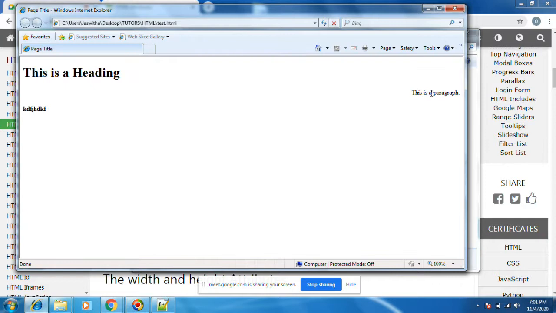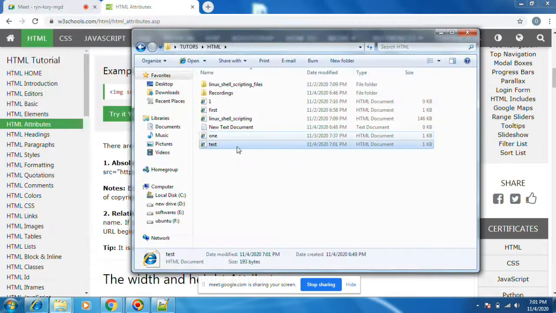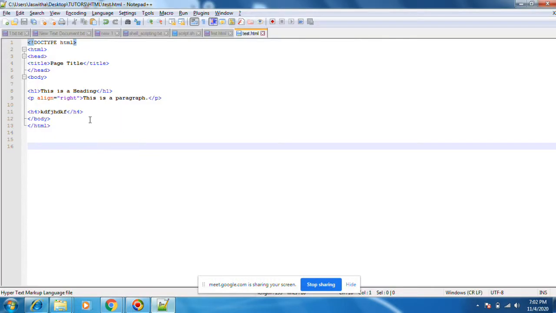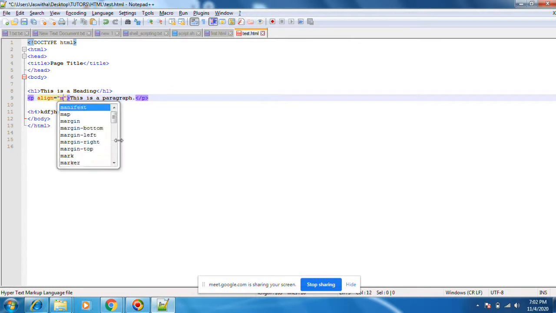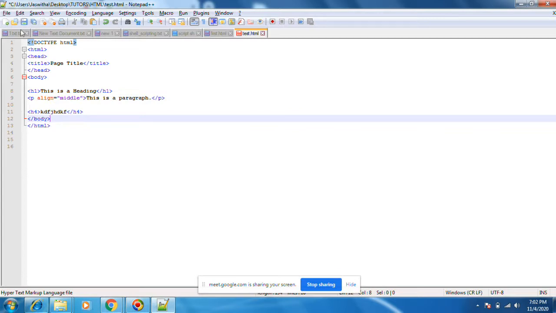You see, this paragraph is based on that attribute, it is going to the right place. Align equals to right. If I do align equals to middle, anyhow, this paragraph will come in the next classes also.